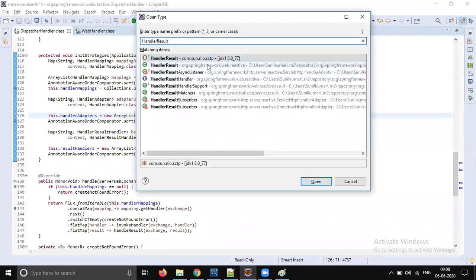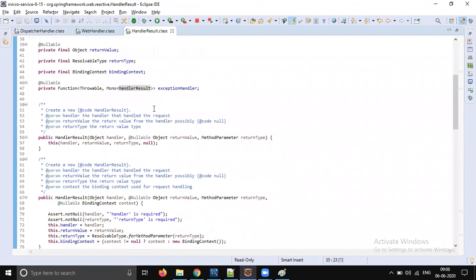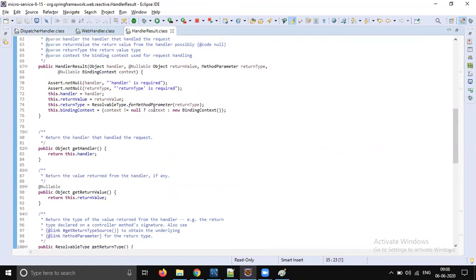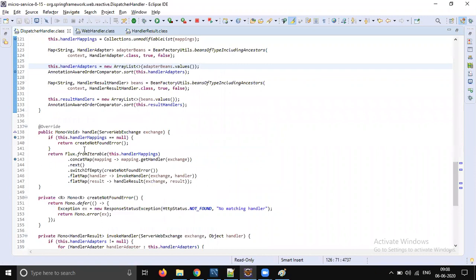So it's an interface, web reactive. Okay, it's a class, sorry. So this is going to take care of generating the response into Mono, right? Only these three are going to play the major role, and there is no servlet here. The flow will enter into handle. That is the reason why when we are adding that, it's throwing that exception.